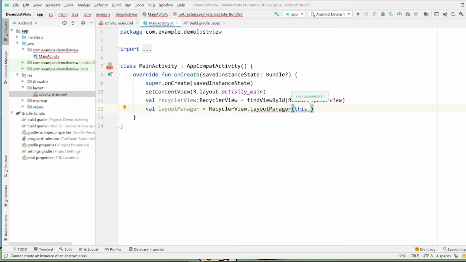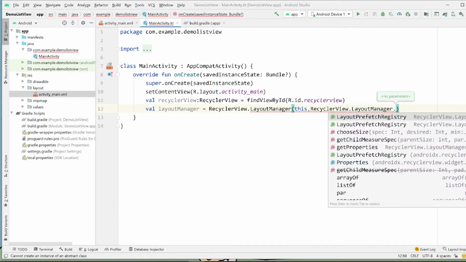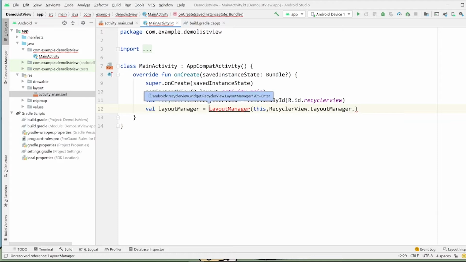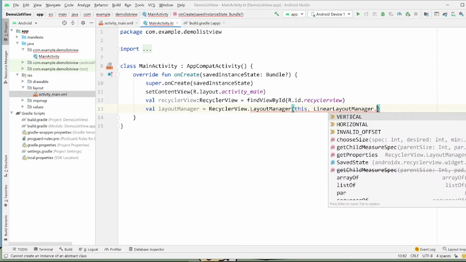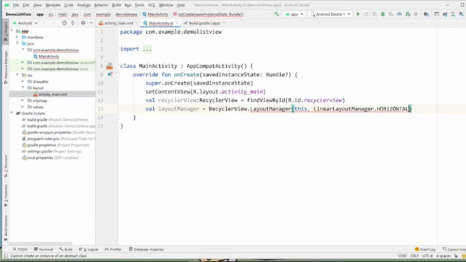And the second one is whether or not you want the RecyclerView to be vertical or horizontal. There are many options for this, but for demo purposes, I'm going to set the layout manager to make the RecyclerView vertical.